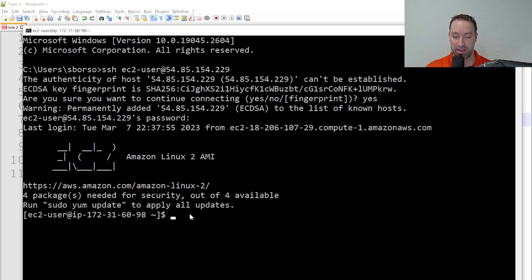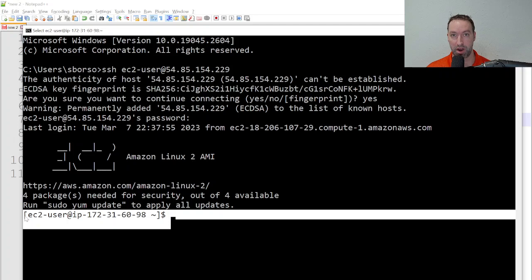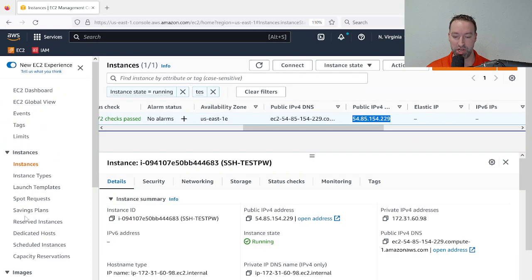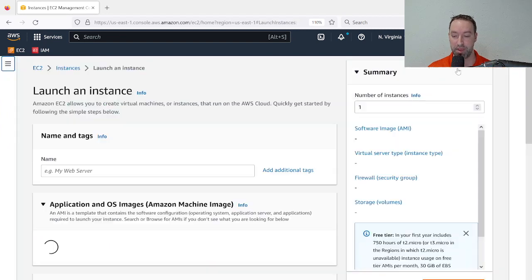And this is validation that I've successfully logged into the machine. As you can see, I have the prompt right here. All right, that's password-based authentication using SSH. Let me quickly show you doing the exact same thing with key-based authentication. For that, I'm going to go ahead and start up another machine here in AWS. I'll call this